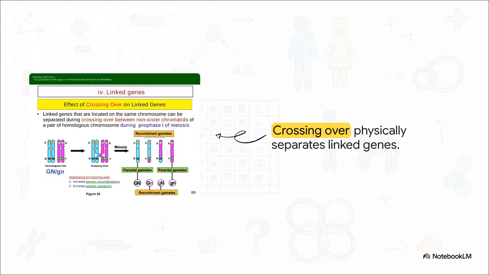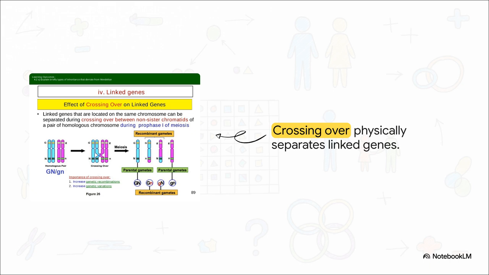But, biology always has a trick up its sleeve. And nature's ultimate remix here is crossing over. During prophase I of meiosis, these homologous chromosomes literally cross over and swap physical pieces with each other. This breaks those links and creates brand new recombinant gametes. It is an absolutely vital process because it dramatically increases genetic variation within a population, effectively ensuring that no 2